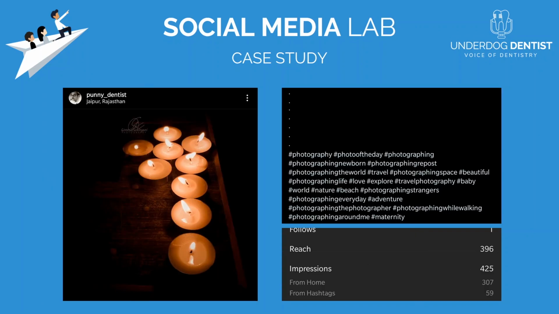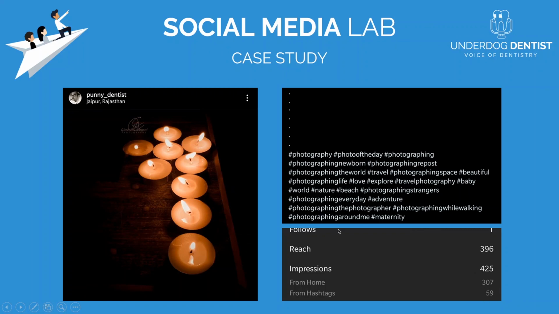Now coming back to a different post, I guess this was done in the month of April. This was purely done through an app called Leetags. Copied everything, searched for one parent hashtag, photography, and we got somewhere around 29 or 30 hashtags, and we got only 59 impressions from hashtags.